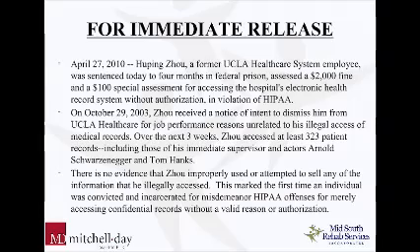April 2010, Mr. Zhu here was a former employee at the UCLA Healthcare System Hospital. He got 4 months in federal prison, a $2,000 fine, and a $100 special assessment for accessing the hospital's electronic health record system without authorization. Basically what happened is in 2003, he was given his notice of intent to dismiss. Or it may not have been 2 weeks, it may have been a month, I guess. They were going to dismiss him for job performance related reasons, which were unrelated to any illegal access of medical records. He hadn't done it as of yet, but he got his walking papers, stuck